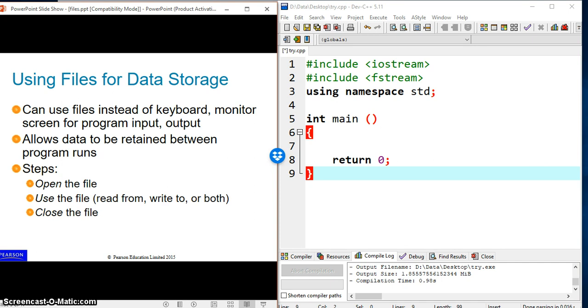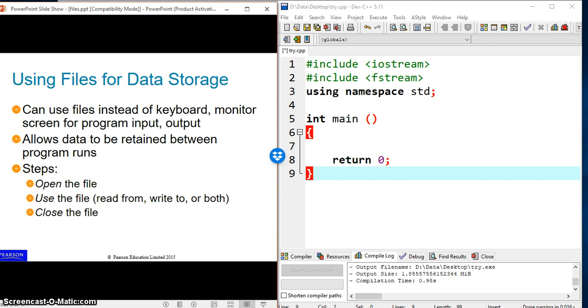So rather than using cin or cout, you can just write to the file or read from the file. This is how the programmer maintains the data between program runs. Maybe one program produces an output in a text file, and the other program reads